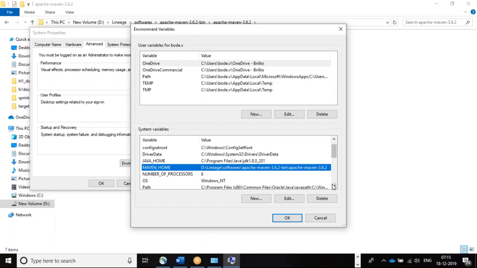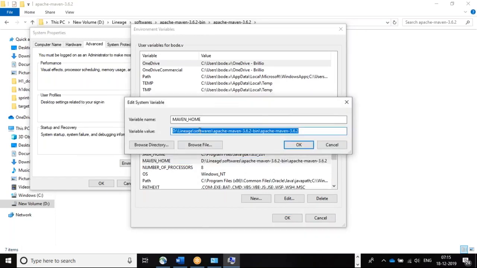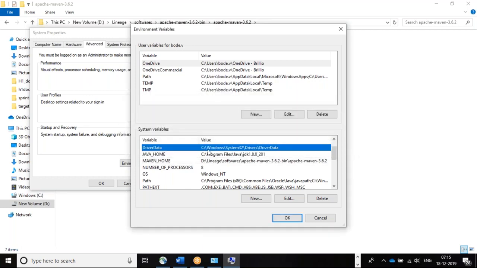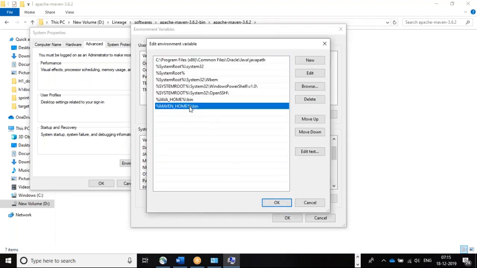Till MAVEN_HOME. This is the first step, MAVEN_HOME. Similarly, keep the path as %MAVEN_HOME%\bin. Okay, I added that one. You can see it here, %MAVEN_HOME%\bin.